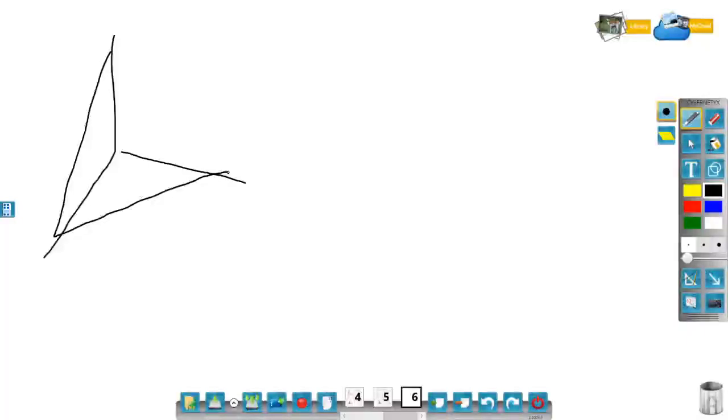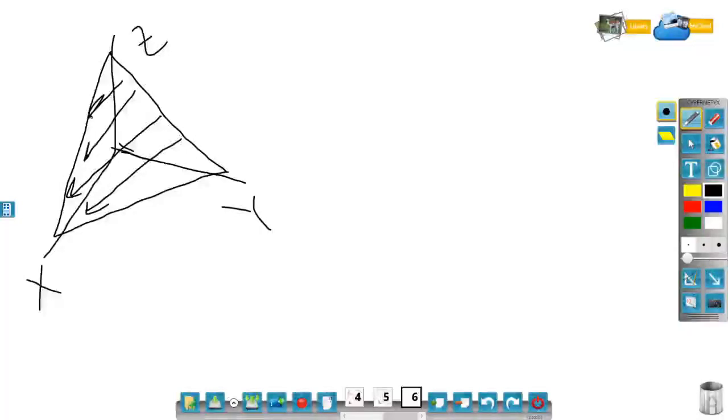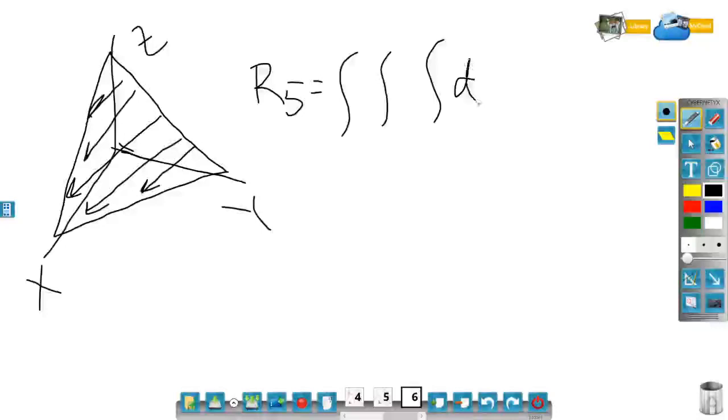So that anybody can watch later on and identify what is mistakes. So this is x, y, z. Now this time we have to go along the x-axis. This way we have to find out R5, now the order of integration will be dx. So when you are finding the limit along x, x is equal to 0 and ends on the tetrahedron.